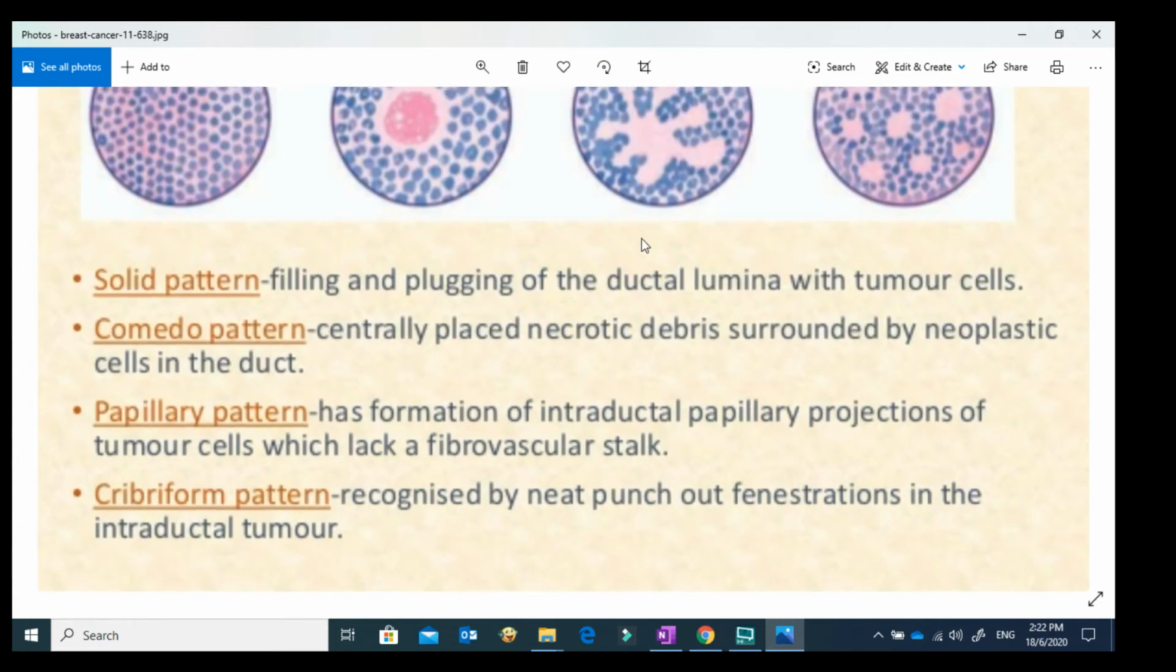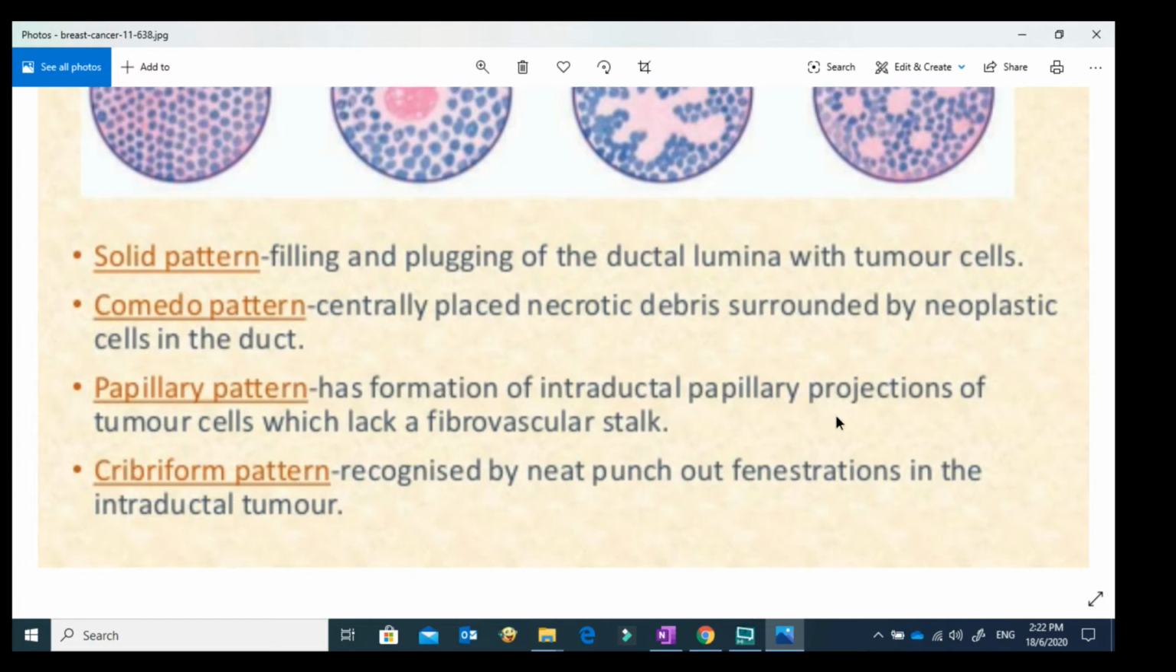When we read this picture, it mentions that the comedo pattern has central necrotic debris surrounded by neoplastic cells in the duct. The papillary pattern looks like intraductal papillary projections that have little or no fibrovascular stalk. Then we have the cribriform pattern, which consists of